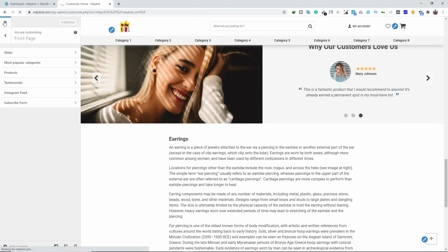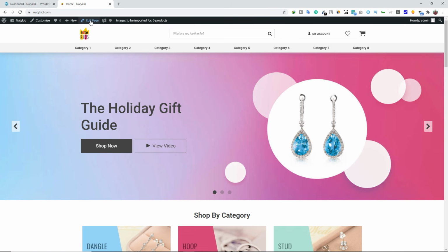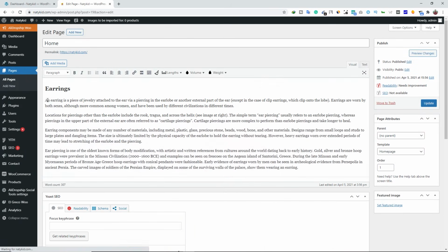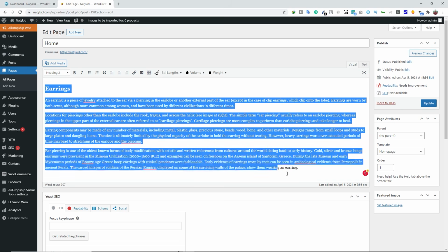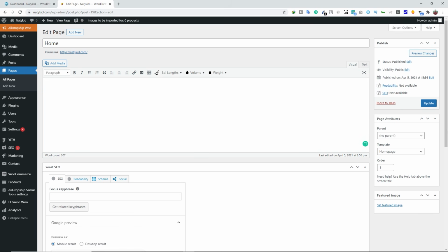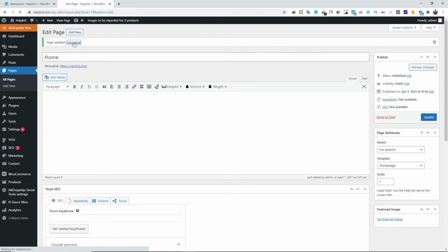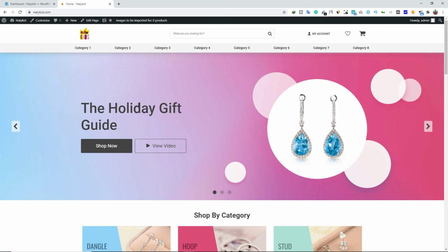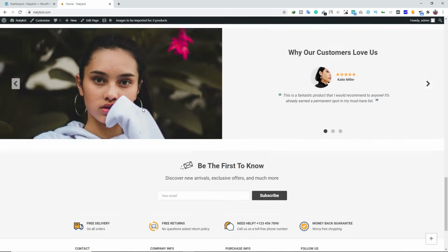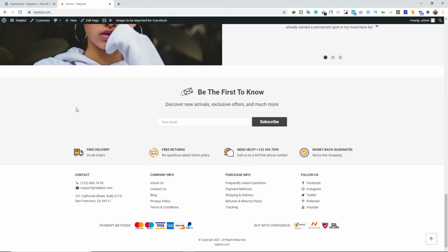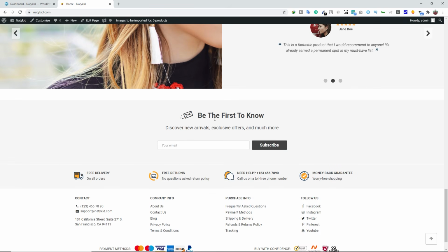Let's go ahead, close this. Let's go ahead, click on edit page. So this is that text that you can edit from here, right? So let's go ahead and remove this and click on update. Okay, let's go ahead, click on view page. Let's scroll down. You can see that we simply remove that area, and let's go ahead and look at this